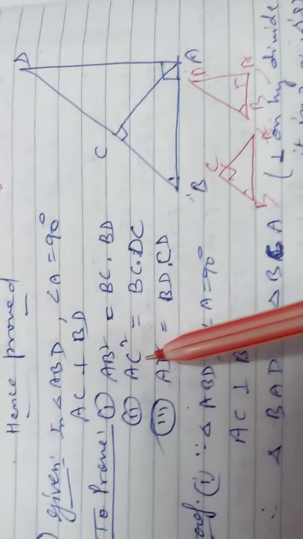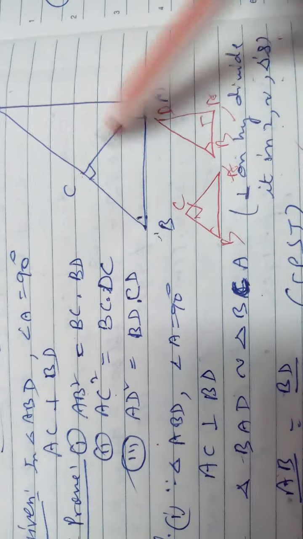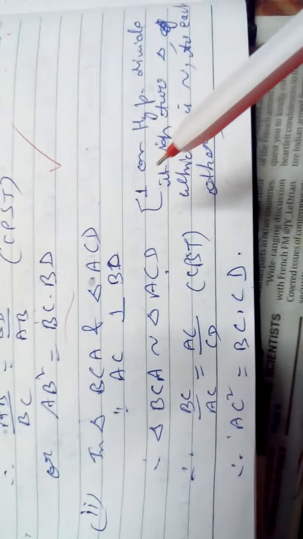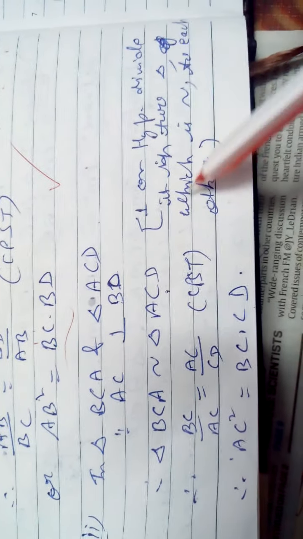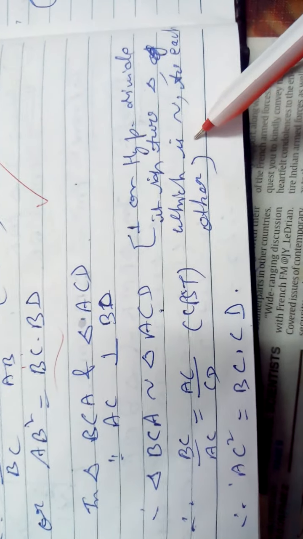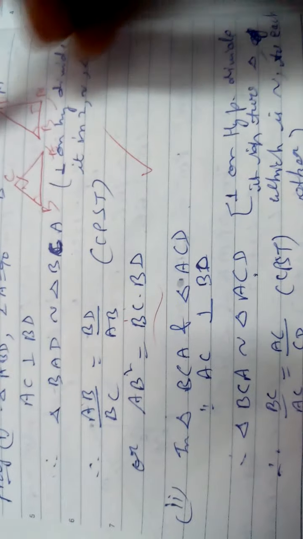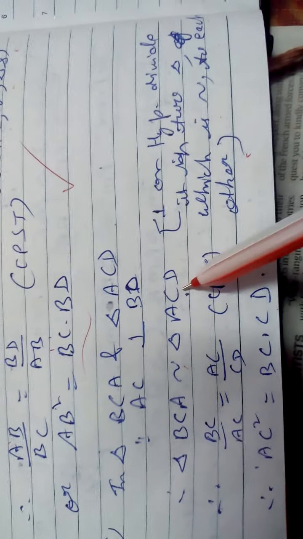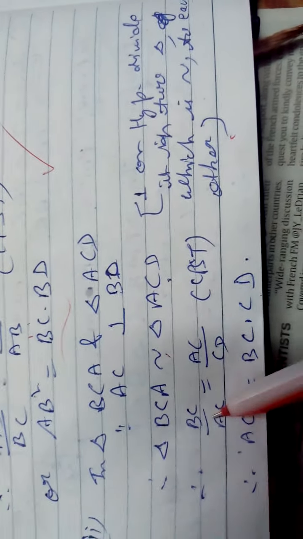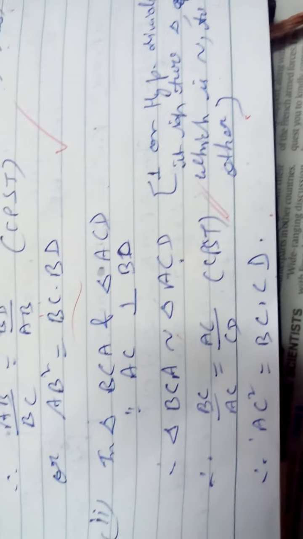Now the second part, AC. AC is a side of two triangles, means these two triangles. Again you can apply the theorem, which is again perpendicular and hypotenuse divide into the two triangles which are similar to each other. This. So means BCA similar to ACD. Perpendicular, it is also double A like the previous question, question number 2. So BC upon AC equal to CA upon CD. CA and AC same thing. So AC square is equal to BC into CD. Again you have written this by CPST.